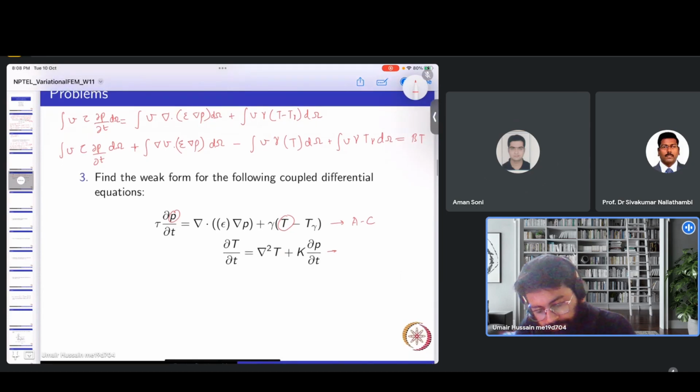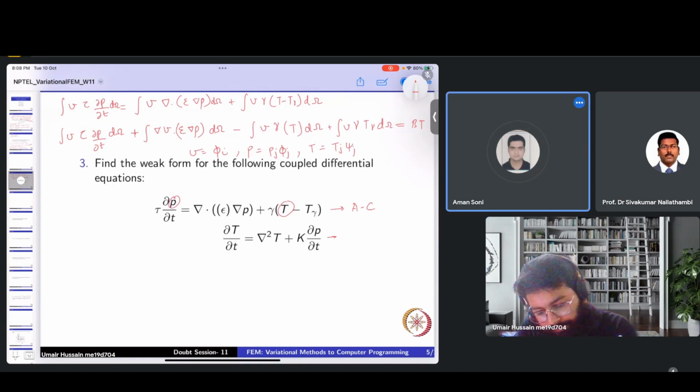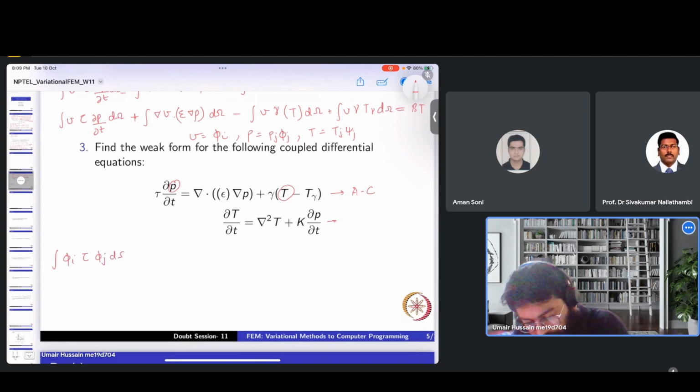So if we discretize, we approximate this, we write V as phi i and we write P as Pj phi j. We write T as Tj psi j. So separate approximation function for T and P. So we have phi i tau times dP by dt is phi j, and we have Pj dot, plus we have gradient phi i dot epsilon times gradient phi j, minus gamma times phi i psi j,